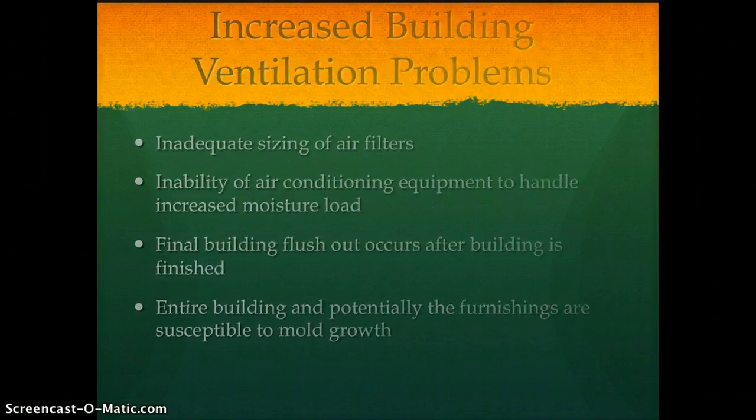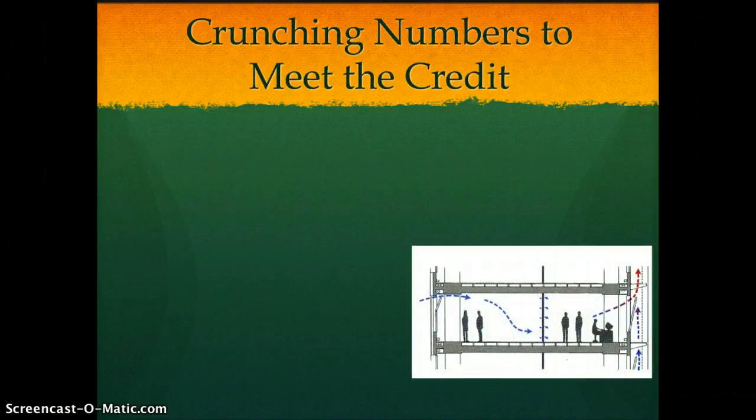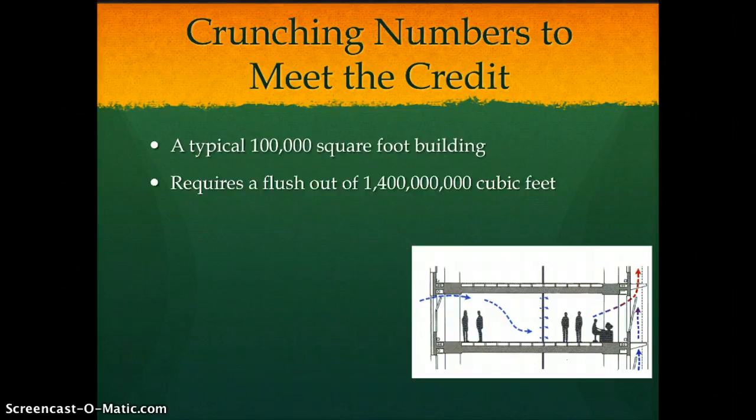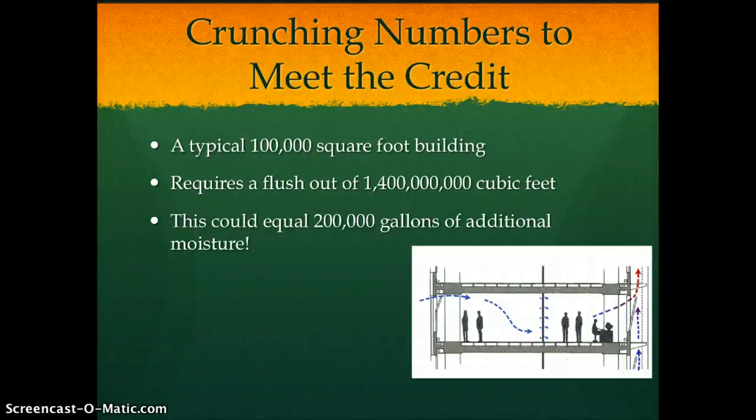In a typical 100,000 square foot building, the amount of outdoor air required to meet the flushout portion of this credit is 1,400,000,000 cubic feet. This amount of air volume in the eastern portion of the country during the humid summer months can be equivalent to over 200,000 gallons of additional moisture introduced into the building. This moisture is in addition to the normal moisture load from construction activities, cleaning liquids, or construction-related moisture from curing